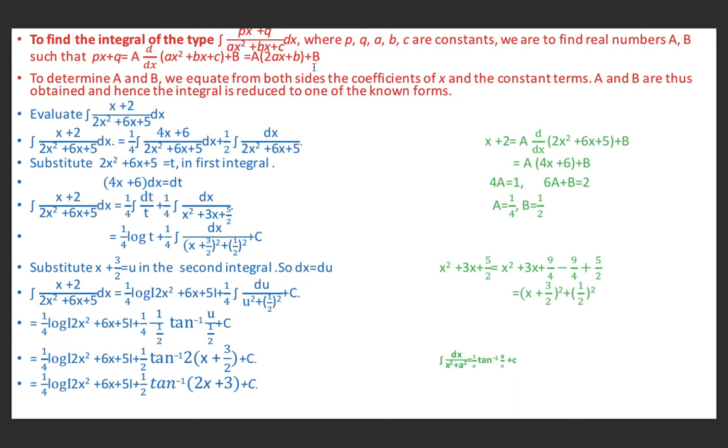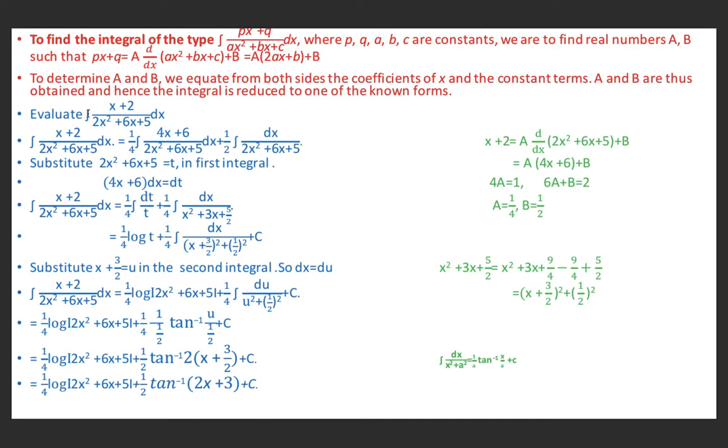And when you obtain these constants A and B, you may get the integral of some known form, and then you can apply the known techniques which we discussed in previous slides and apply the formulas which you have studied in previous classes. So in earlier slides we had the expression of the form 1 upon ax square plus bx plus c. Now you have the expression of the form px plus q upon ax square plus bx plus c. So always try to express the term in the numerator in this form.